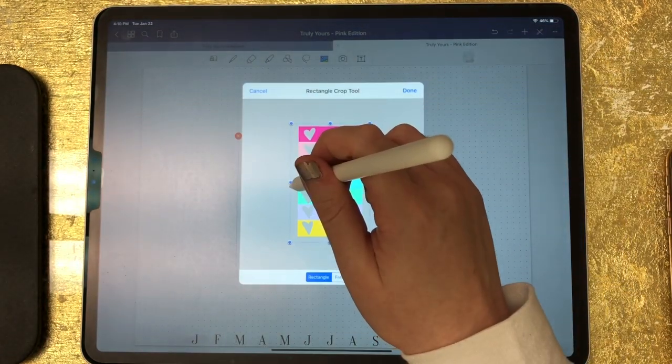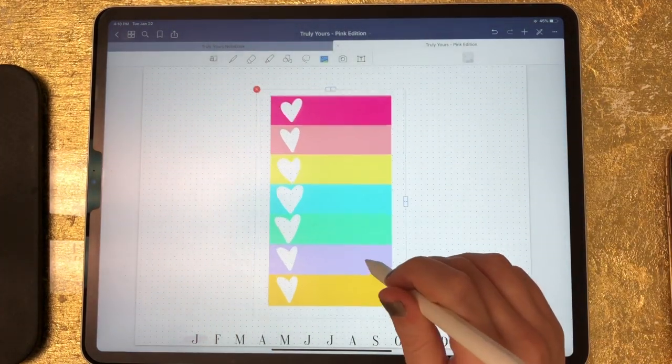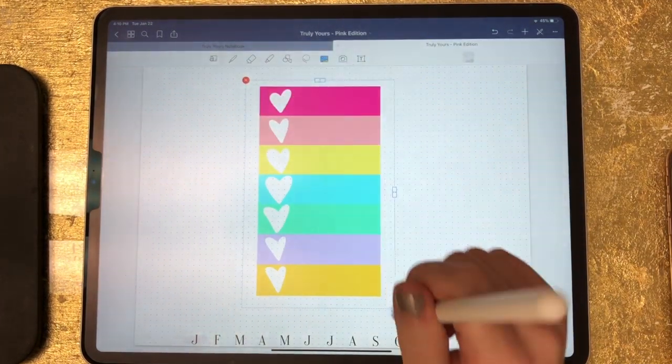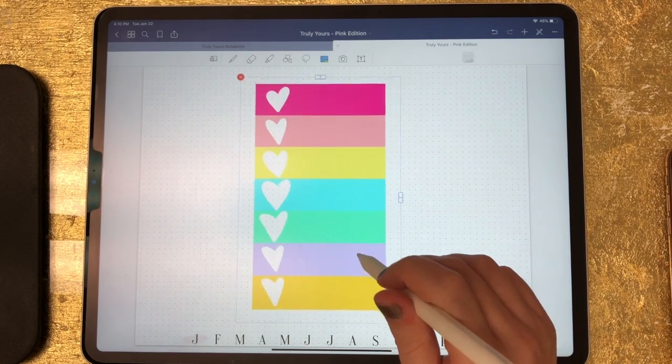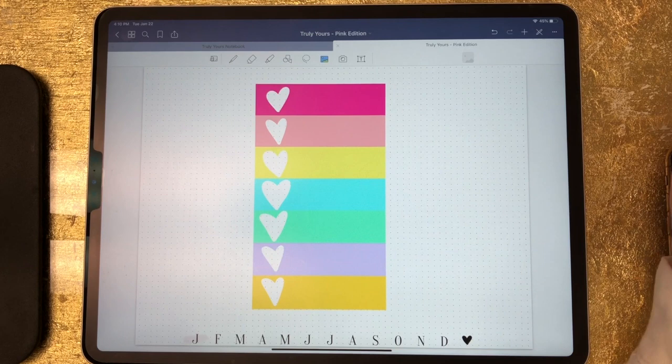I've got a full walkthrough tutorial on GoodNotes 5, which I'll link to in the video description if you're unsure how to do some of this stuff. But now you can see the dot grid through the hearts, so that's pretty cool. So there's that checklist. So now I'm going to show you how to save these checklists with a transparent background